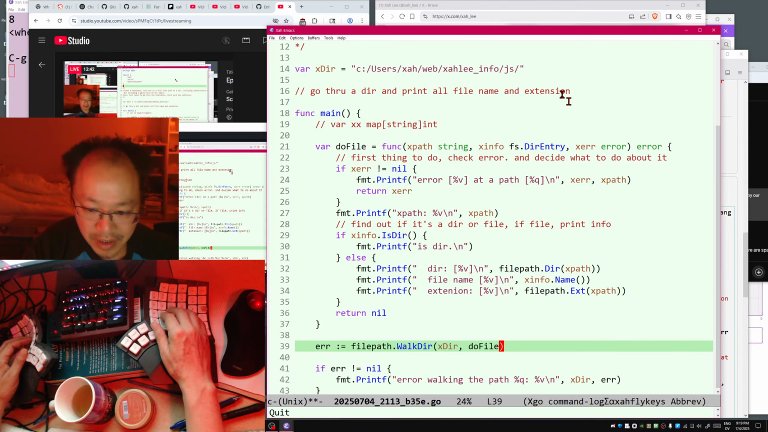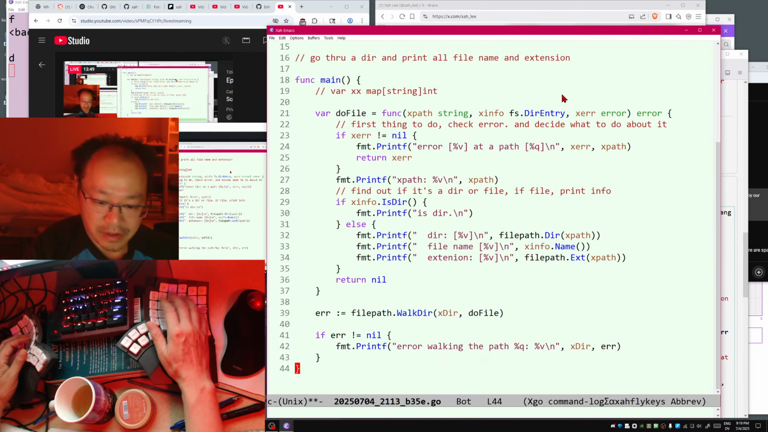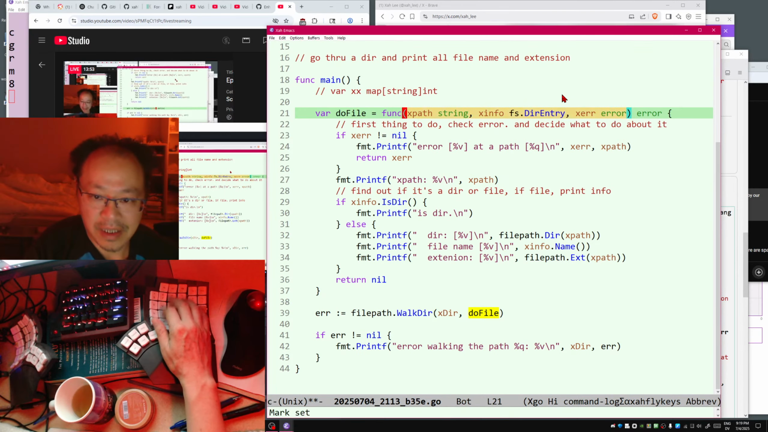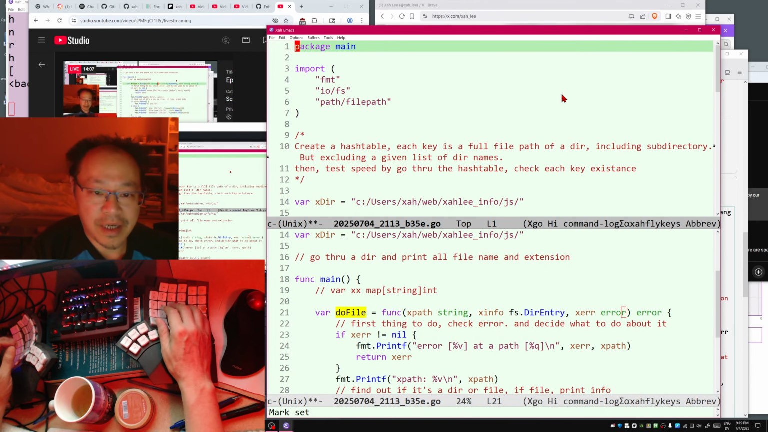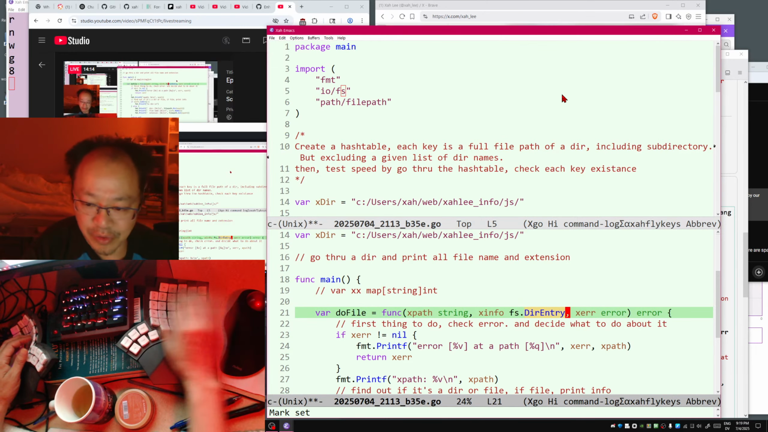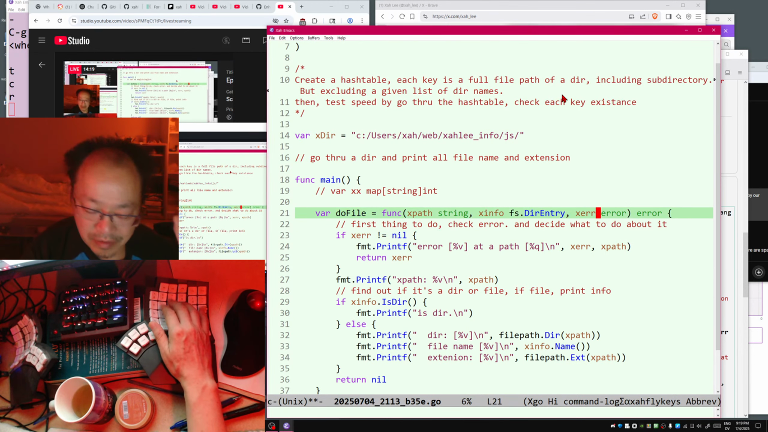Now the complicated part is this function, do file. This function takes 3 arguments, and they need to be of this type: string, info of the type file system dot entry, and error. Okay, so Golang is a compiled language, that's why. So you need to declare io/fs file system to get this entry type. So anyway, if error is nil, so